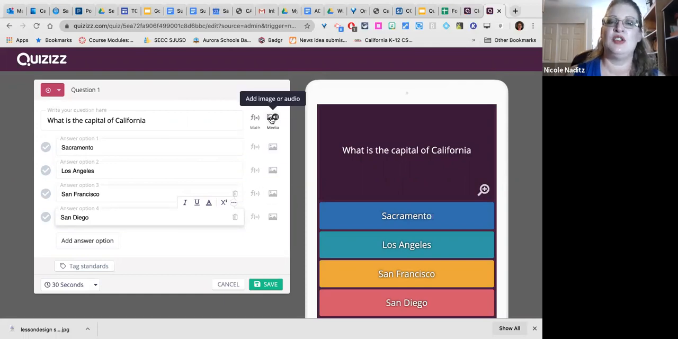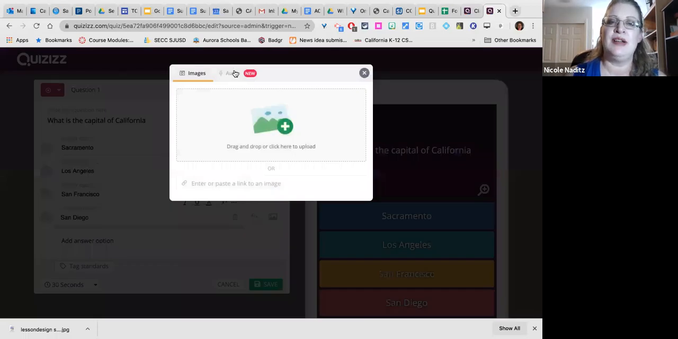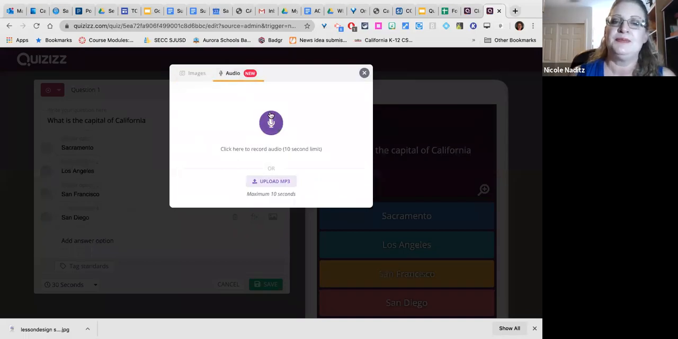And as you saw, I can add an image to each of those. I can even add an image to the top, or I can also add audio. Now, when I click on that, it's going to ask for permission to use my microphone because I've never done audio before on Quizizz, because look, it's new. They didn't have this feature before. And you have 10 whole seconds. So you have to be precise. And even if you upload an MP3 that's already on your computer, you only have 10 seconds. So if I click to record,